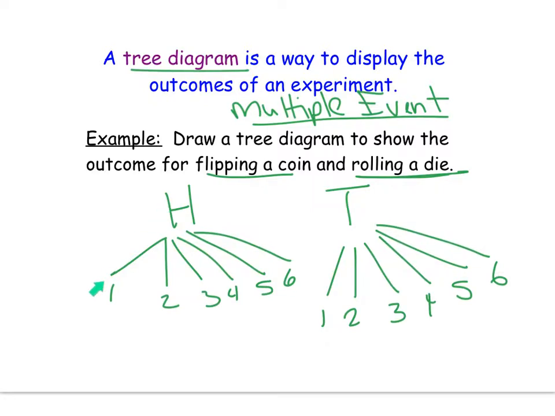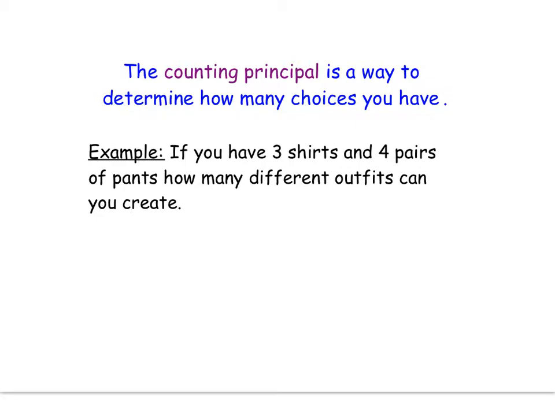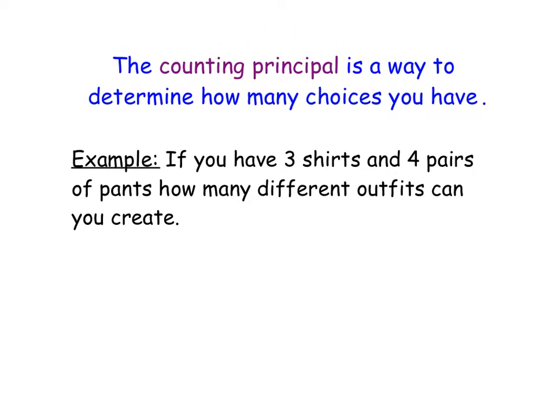So you could have a heads and a 1, a heads and a 2, a heads and a 3, heads and a 4. So as you can see, there are 1, 2, 3, 4, 5, 6, 7, 8, 9, 10, 11, 12. There are 12 total possibilities of this situation. Because the number of possibilities is directly related to the sample space, we have something called the counting principle. The counting principle states that if you multiply the amount of events together, it tells you